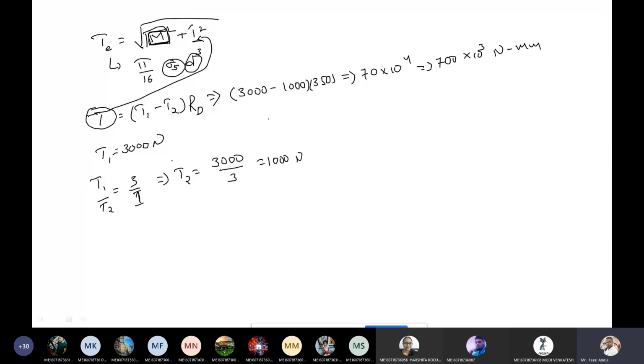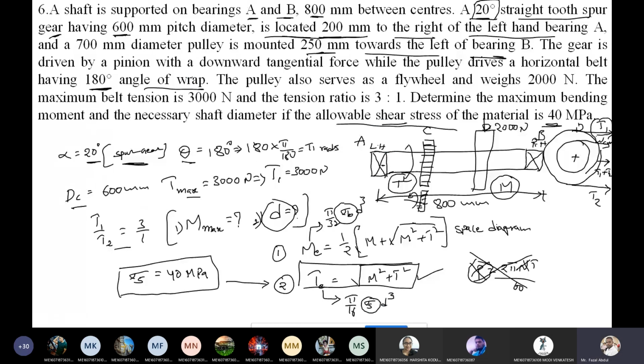Okay. Now what we need to calculate? Bending moment we need to calculate. See here, for calculating the bending moment, what I am doing here. The load acting is nothing but the torque on the shaft we calculated, the T value. It means through the D pulley, whatever torque is generated, that torque is transmitted to the shaft.